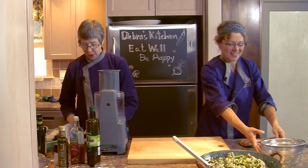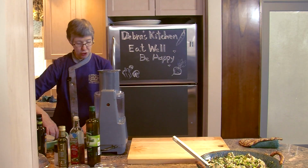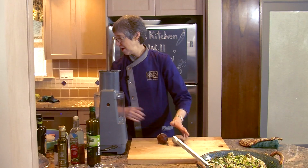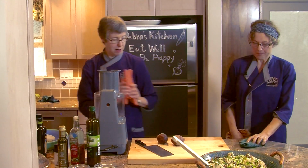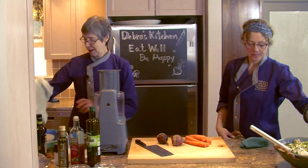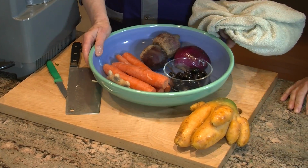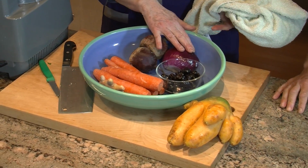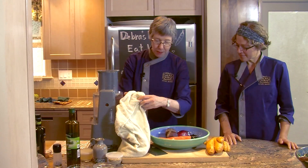All right, so this recipe calls for 4 carrots, 2 large beets, red onion, parsley. So the same themes are repeating themselves, as you can see. So we're going to use about 4 carrots, about 2 beets, half a red onion. We're going to be using some black olives and some ginger, and we're going to be using a bunch of